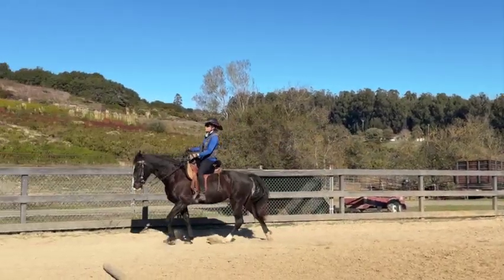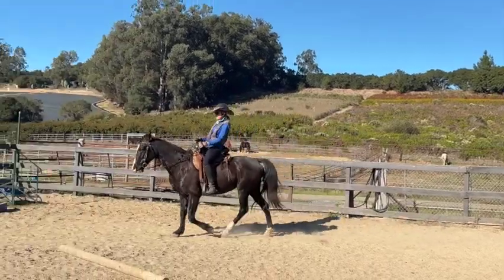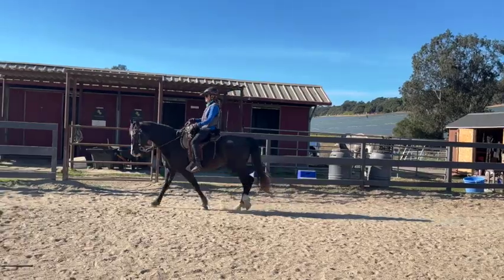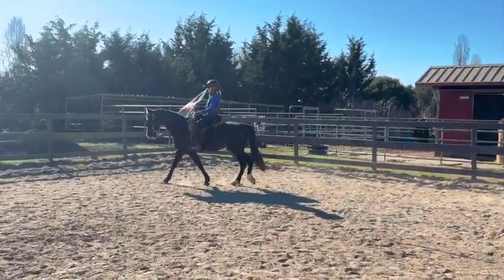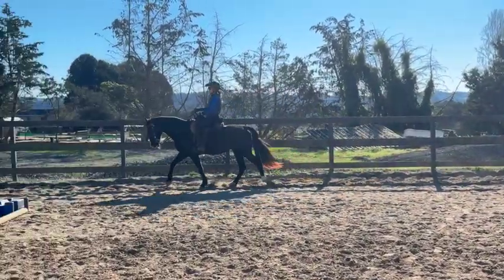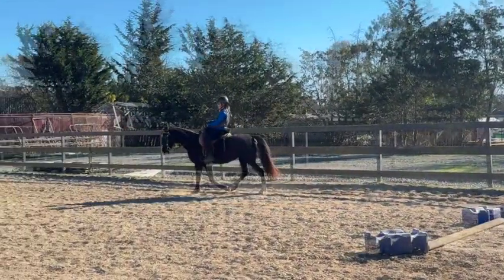Now I'm going to go a little faster to her running walk. Now I'm riding without my stirrups because I like to practice for my balance. And she's the safest one I have because the rest of the horses are in training, so I don't want to do it with them. But even myself, even though I ride every day, I want to practice my balance because it all gets worse as we get older. So with Tilley,